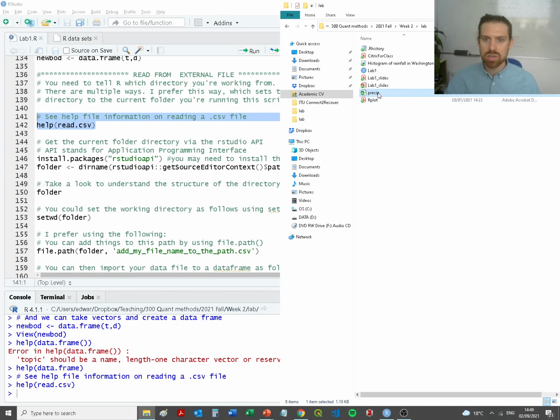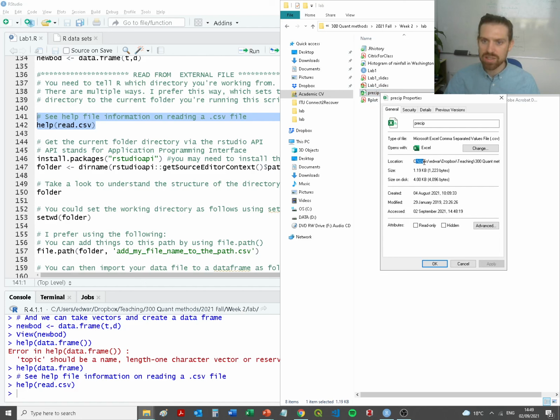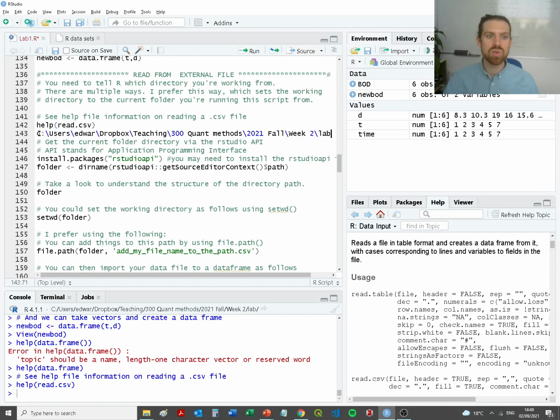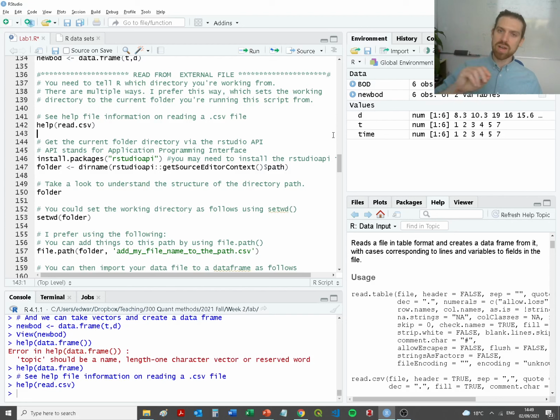So I could go here, right click properties, this is on a Windows machine, and it tells me the location here. So if I really wanted to, I could manually explicitly state this file path to show me where the data is. Now the problem with that is when you swap files with other people, they're not going to be able to access the data in the same way because their machine will be named differently, the data will be in a different place on their machine, so it's not going to be easily exchangeable with other people. So I'm going to show you a nifty trick, and that's that if we install the package